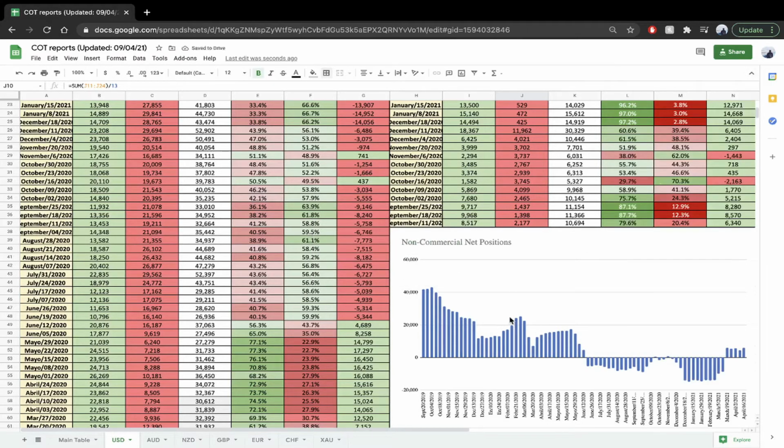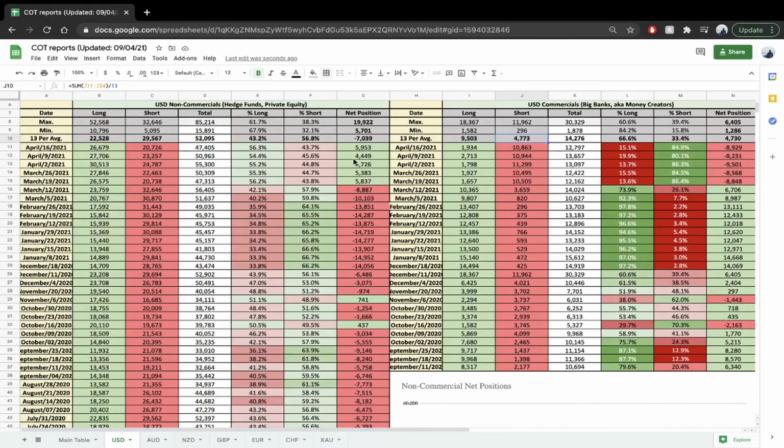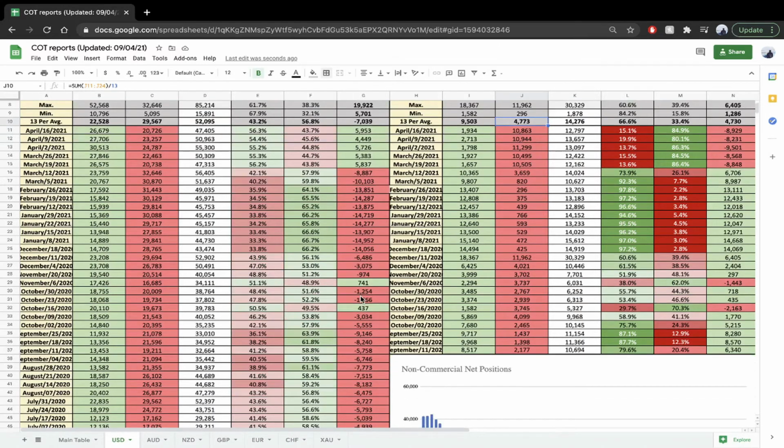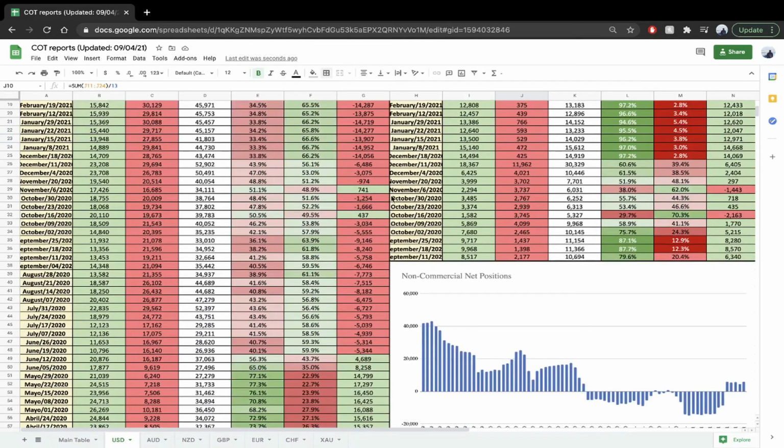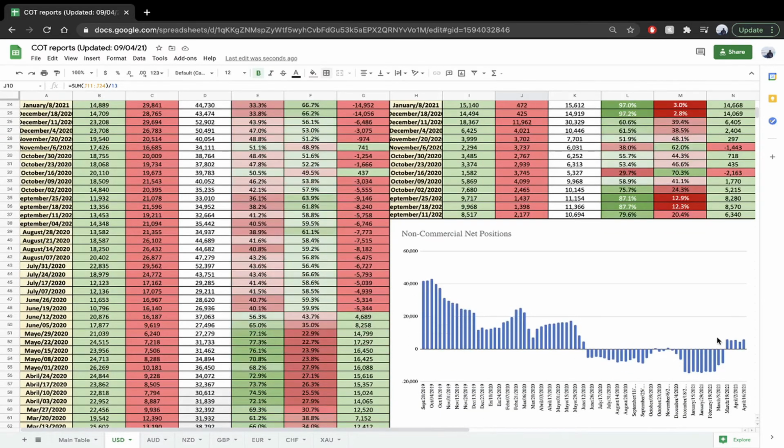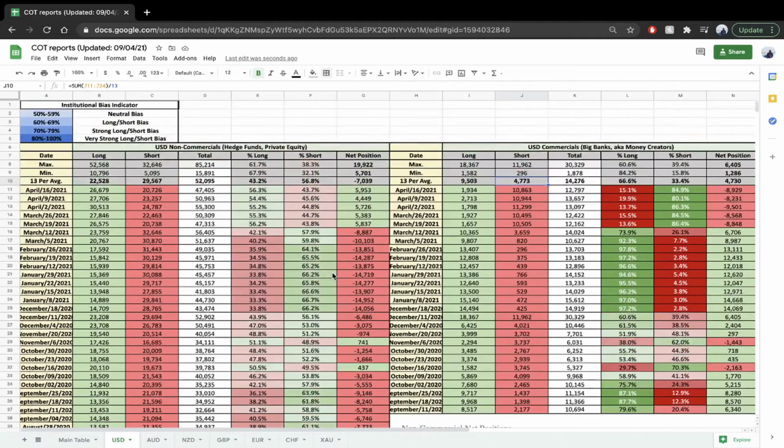And as you can see, net positions are pretty important. And we can see with the latest week, we have a big increase in net positions, our largest increase or our largest amount of net positions since, I don't even know, way before. Since we can see, obviously, in the chart, it makes much more sense over here. But as you can see, this is the latest week, and the largest it's ever been since May 2020. So that's quite a significant reading, and it shows that the dollar could be on our way upwards from here,